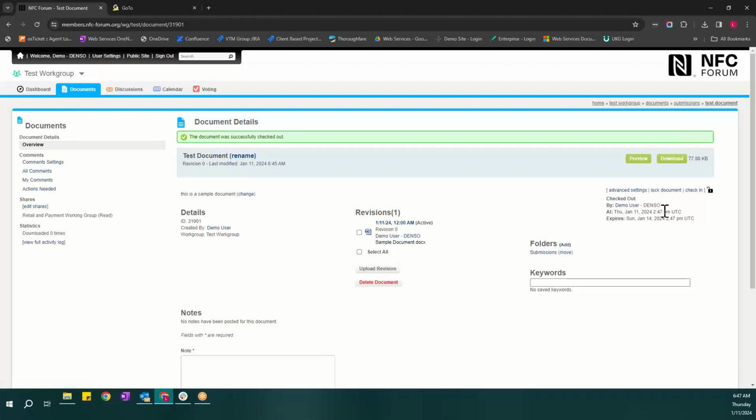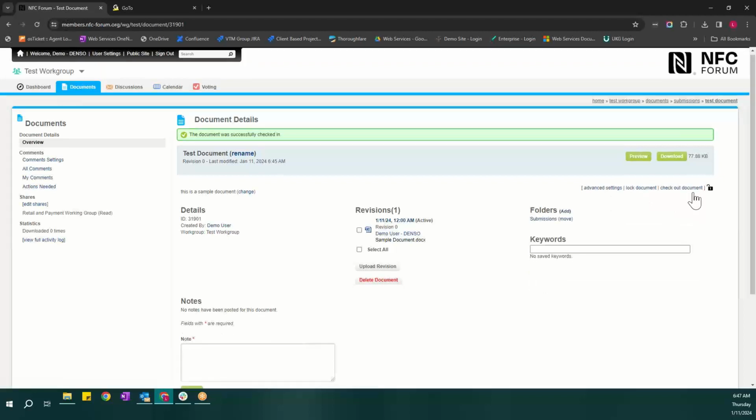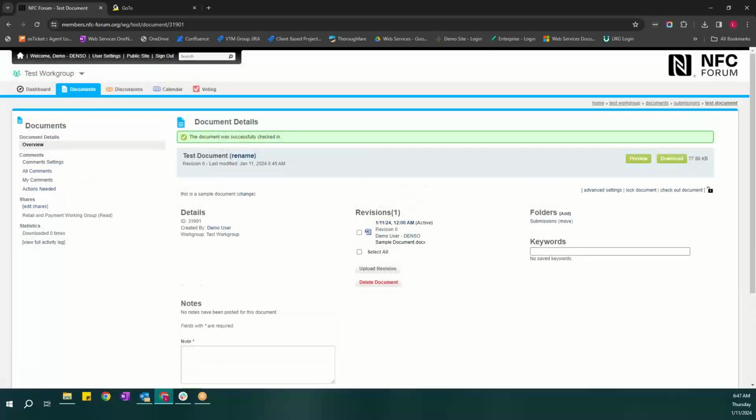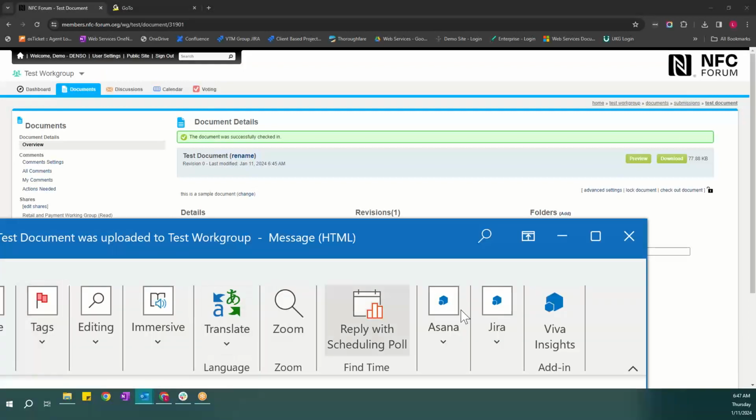And then it expires as well. So then you can always come in and check it back in at any time. You can also establish keywords as well. So just to give an idea of what the document post looks like, I'll show you what the email